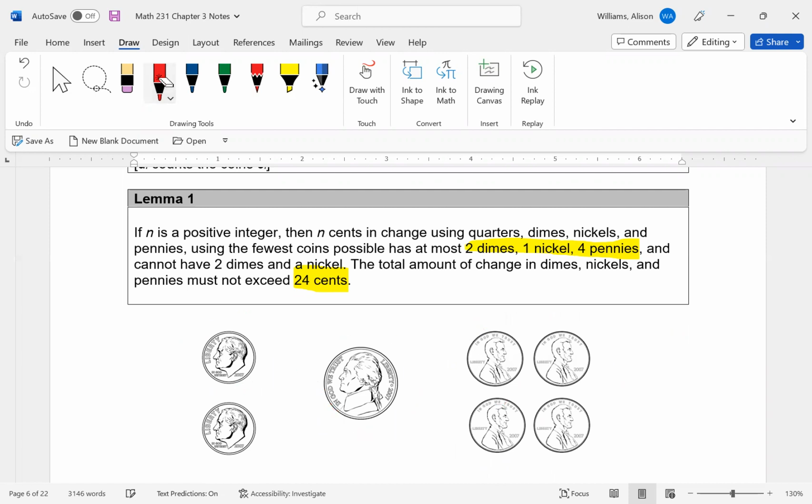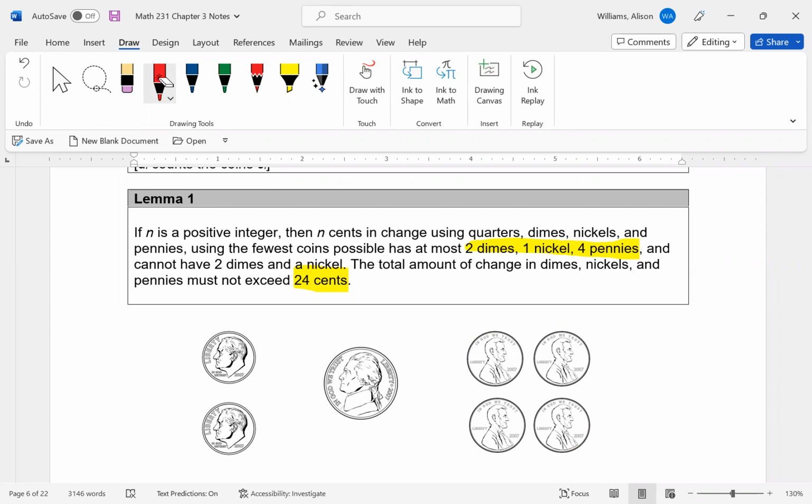And then let's go to 14 cents. And you get the idea. Now we're only working with dimes and pennies again. Okay, 1 dime, all the penny combinations. So we can make every combination of 24 cents just using these coins. Done. Now, they prove the lemma in the book by contradiction. But you could literally just list them all and use the logic that the minute it's over 24 cents, you